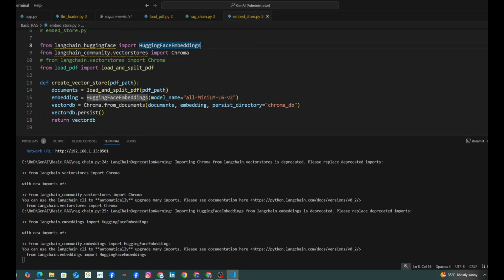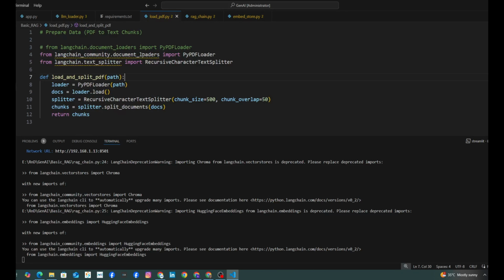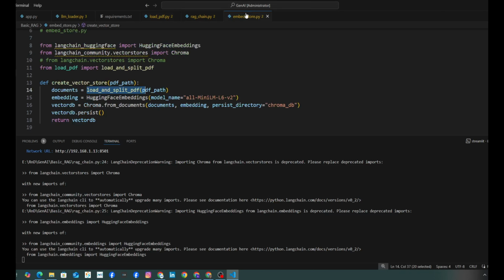To see what is happening here, we are loading and splitting the PDF here, which we are calling from this load and split PDF. So this function we have called in embed store, right? So this is working here. We have imported this function from our file, and along with that we are providing this HuggingFace embeddings model to generate the embedding.